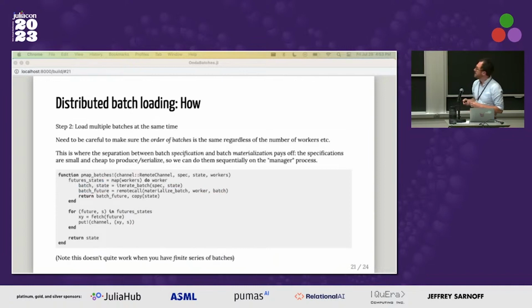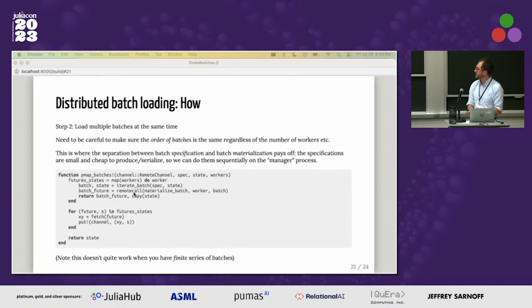Okay, so that's how you're hoisting the actual batch loading process into another process, right? But we have this issue now where we want to load probably more than one batch at a time. That's one of the bottlenecks we want to remove, right? And that gets trickier because now we want to make sure we're maintaining a fixed, predictable batch order. That was one of our design constraints, while at the same time parallelizing the loading of the batches, right? This is actually not how we do it anymore, but this is the initial implementation,